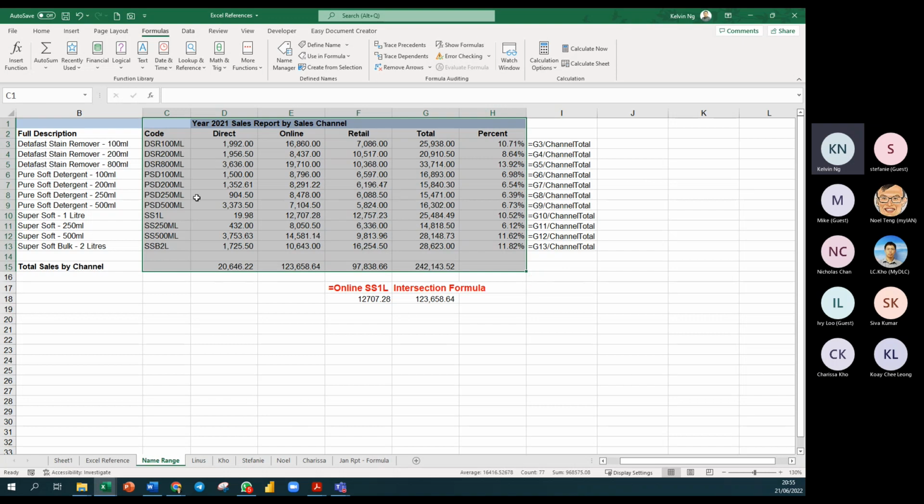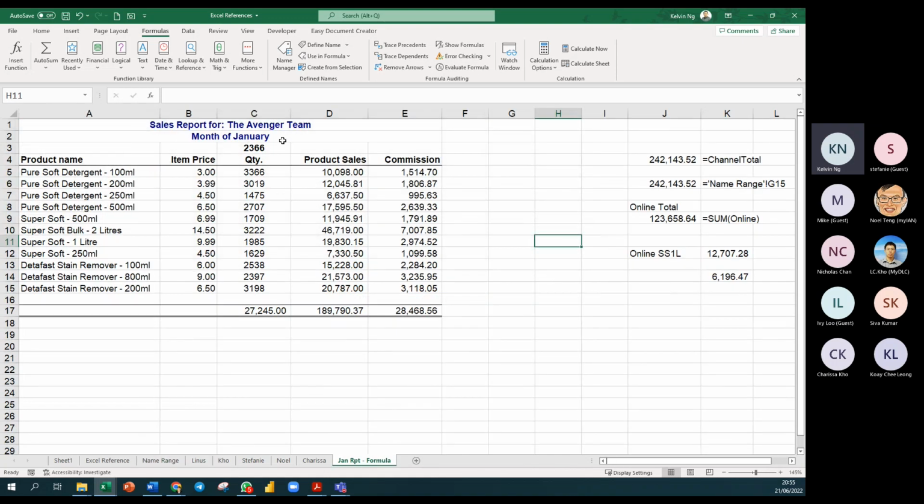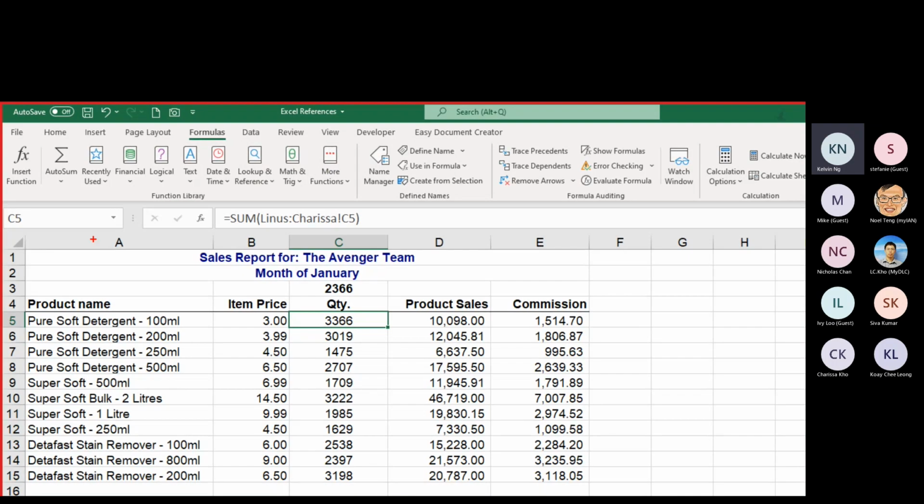Now, the last thing that we discovered, we talked about in the second section, was how to create a 3D reference. So this formula that I've shown you guys here before. Now I changed the name, really. It used to be Chris until, no, it's not Chris. It should be Donna until Vanessa, but somehow the name changed to Linus and Carissa. So I was making some changes. So this is what we call the